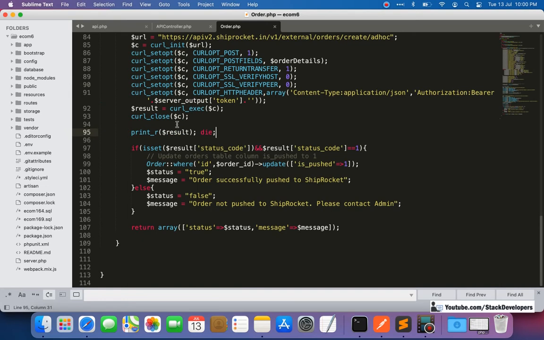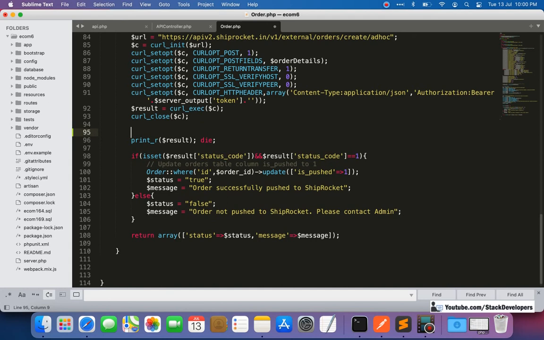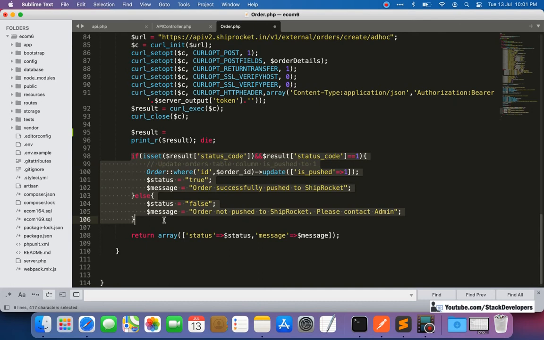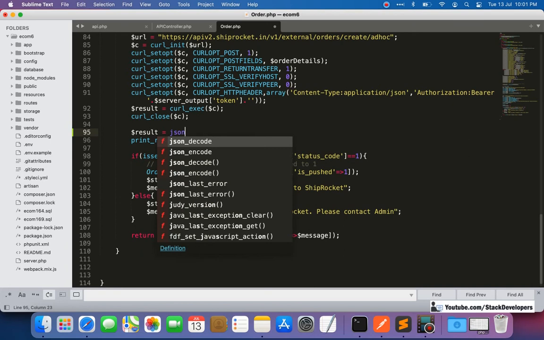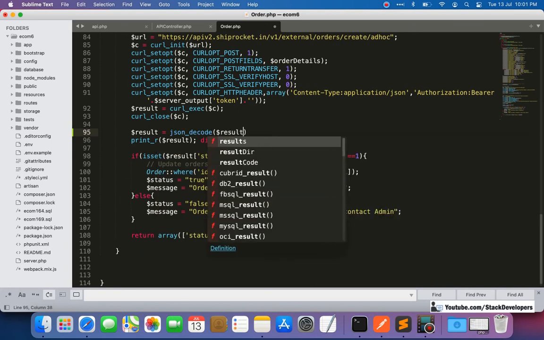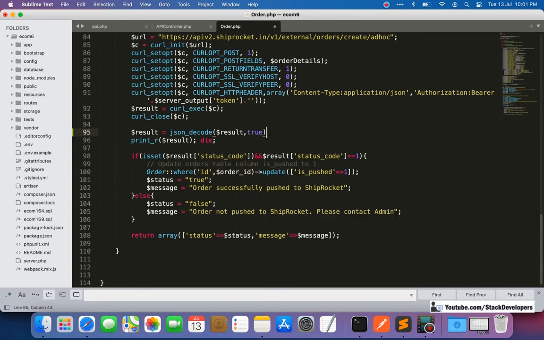So we are going to convert the result to an array. The code that we added in the last video will only work if we convert it to an array. So json_decode, and dollar result, true. It will convert the response to an array.